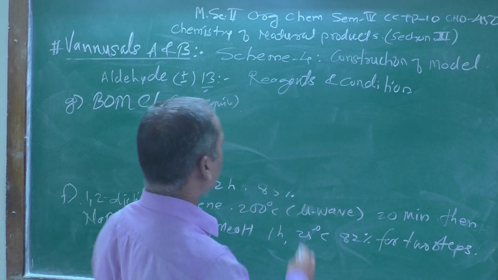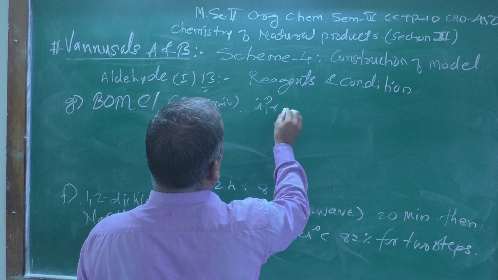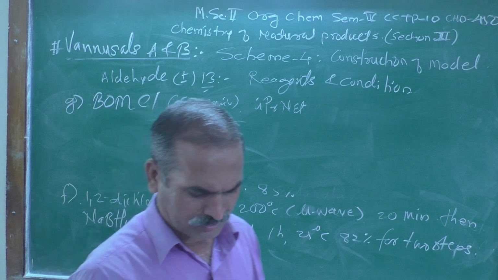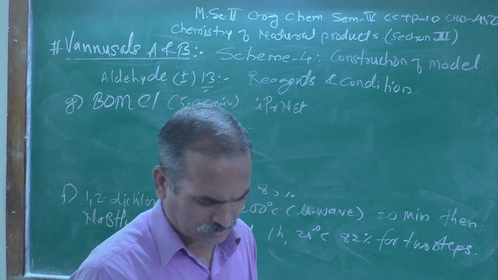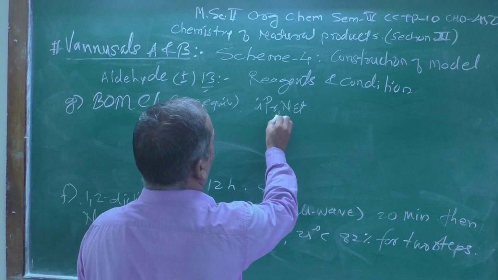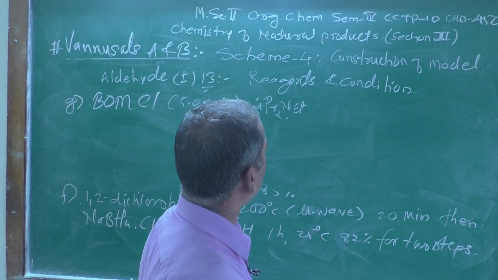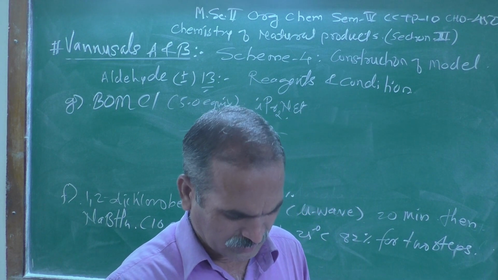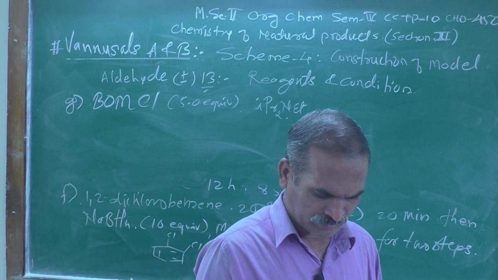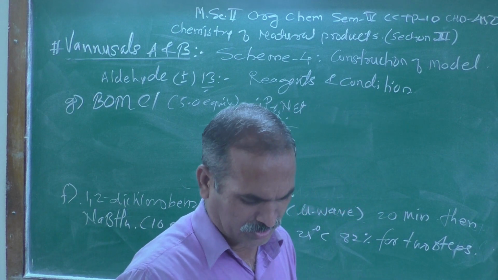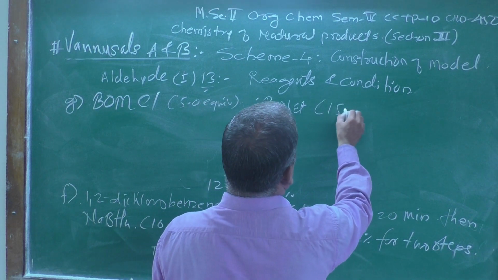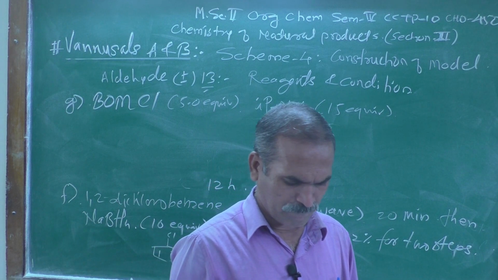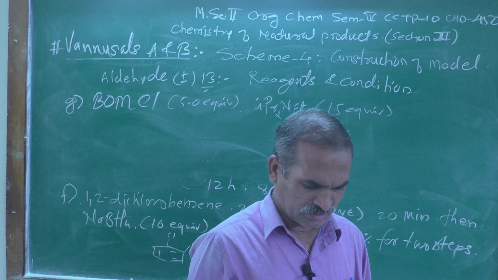and iPr2NEt, that is a diisopropylethylamine, ethanamine you can call it. Then it is taken near about 15 equivalent,